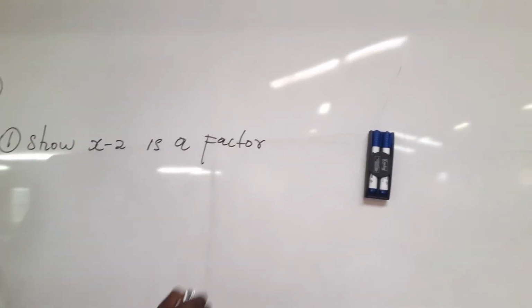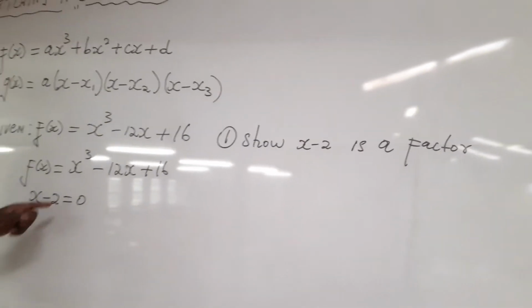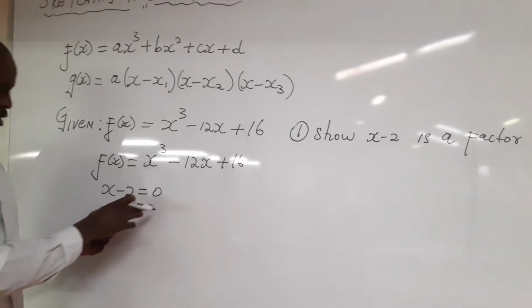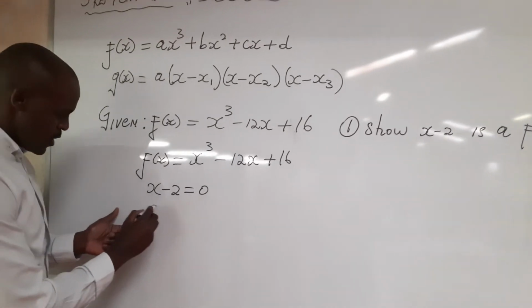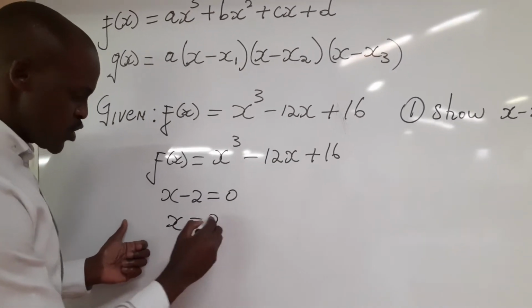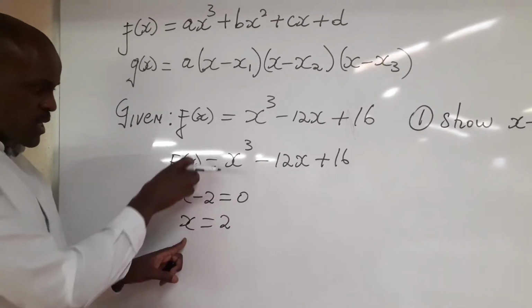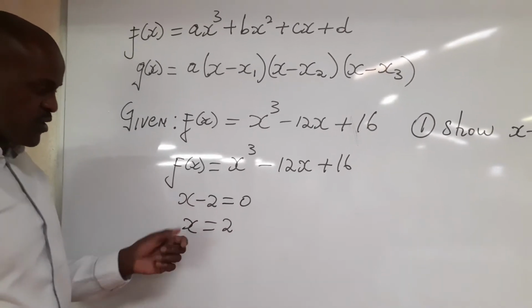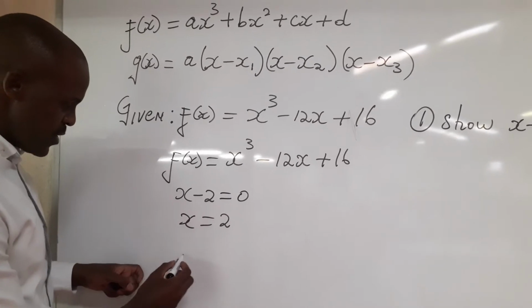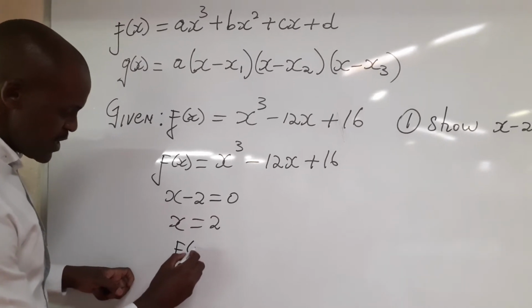Is a factor here. We are to show that x minus 2 is a factor. Simple. You equate this to 0, so our x is equal to 2. So we're going to take that x value and substitute it here so that we check what will be the remainder. It's f at 2